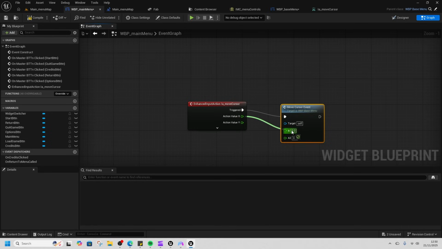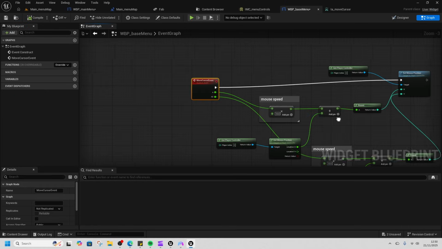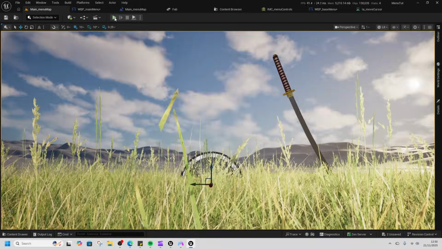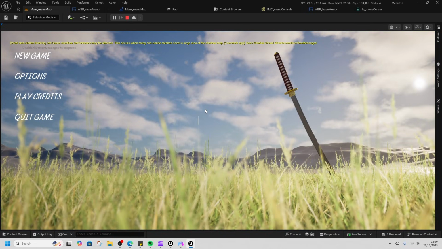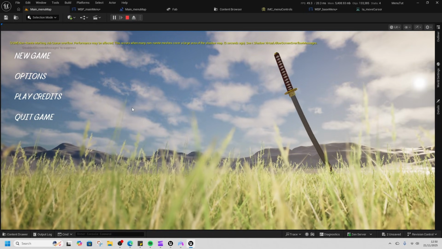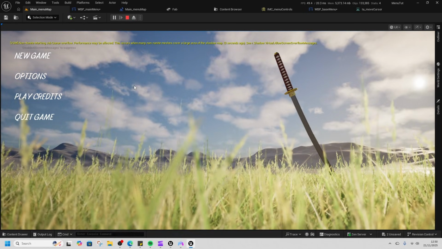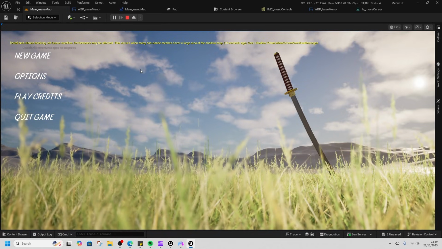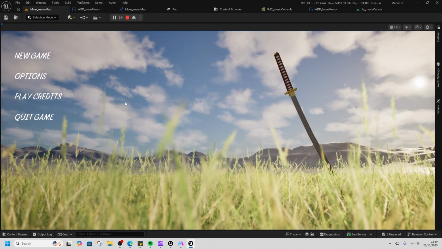I'm going to plug X into A and Y into A2. And that way, because we've got it in here, when we go to make a pause menu, we can reuse it. And now, here we go. Our mouse is moving with our gamepad, but what you'll notice is that, well, you probably won't, but I'm pushing